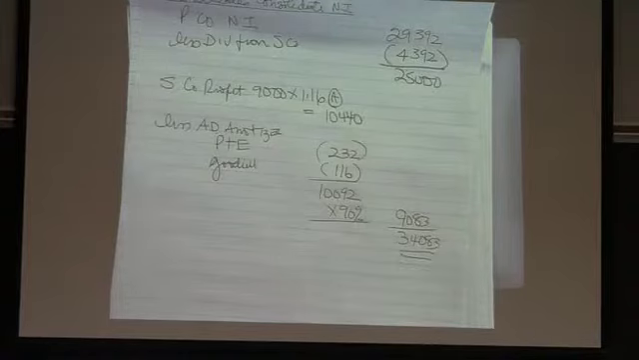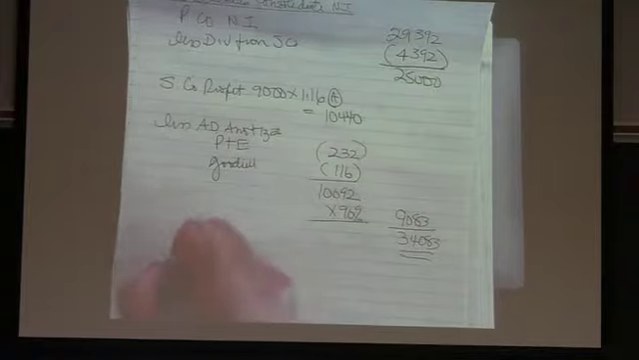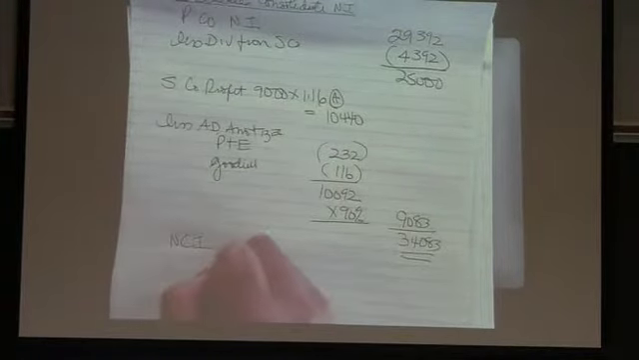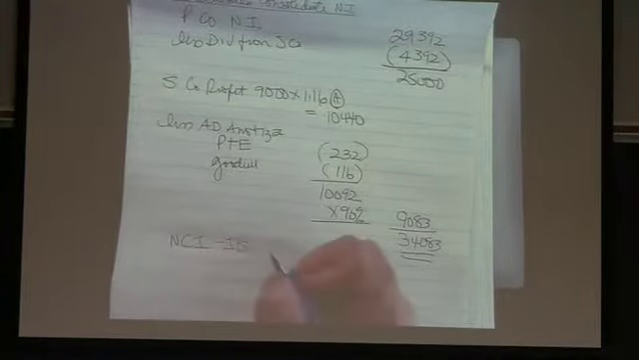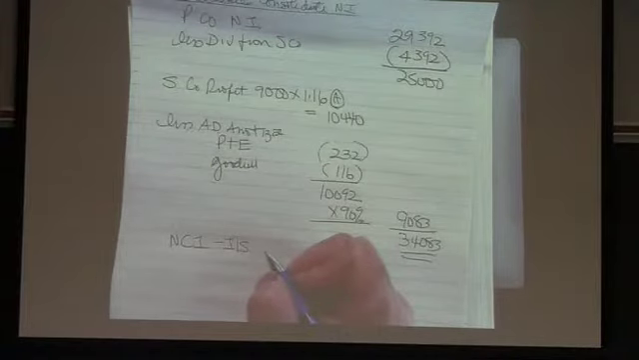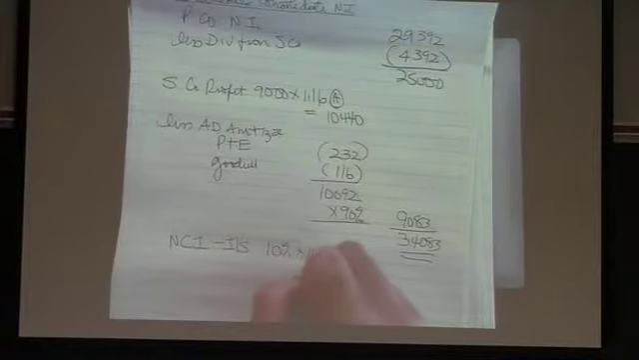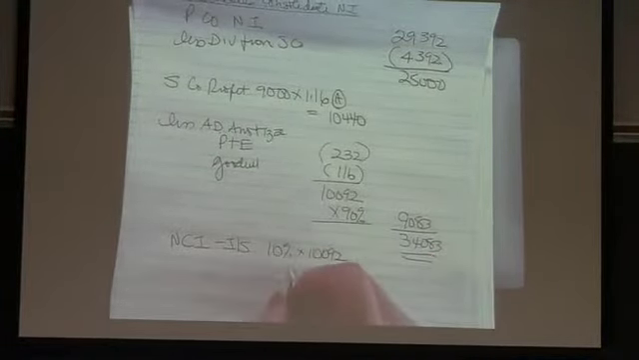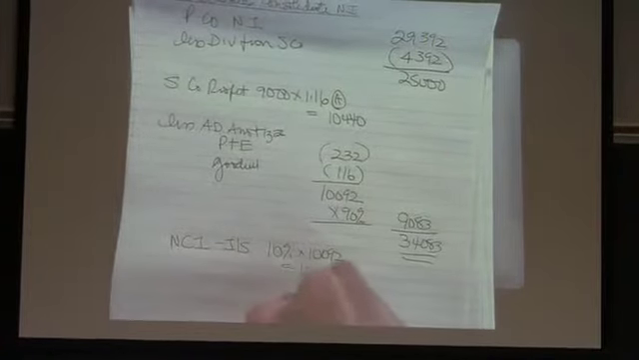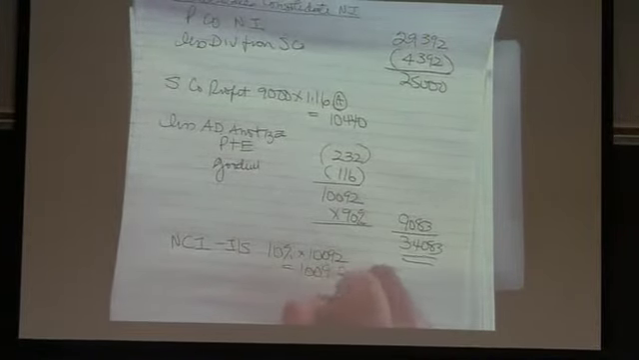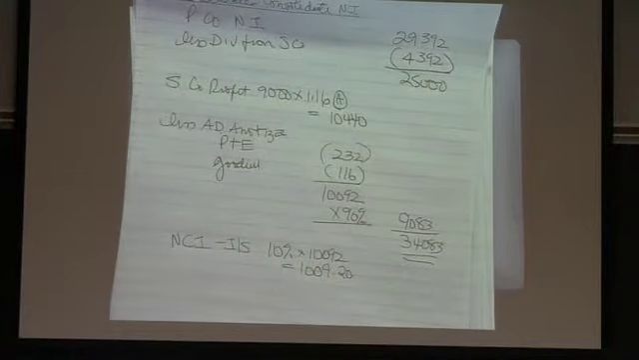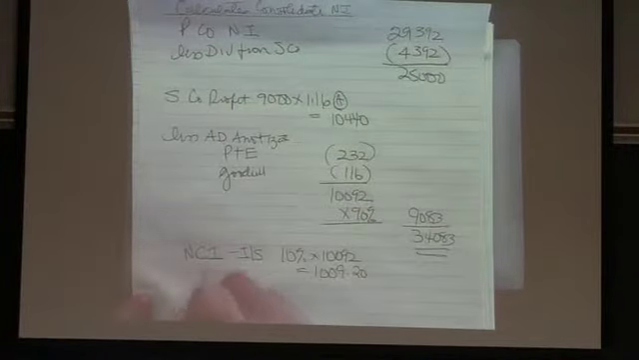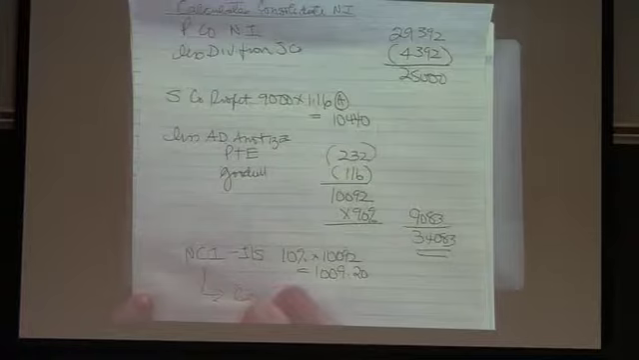Now, what is the non-controlling interest? The non-controlling interest income statement is going to be 10% of 10,092. Okay? And that would be 1,009.20. Okay? Now, the non-controlling interest comprehensive income